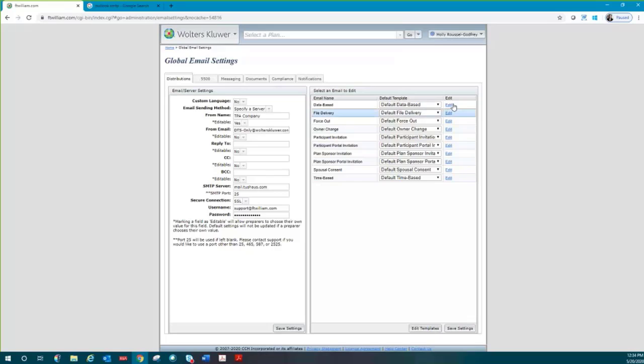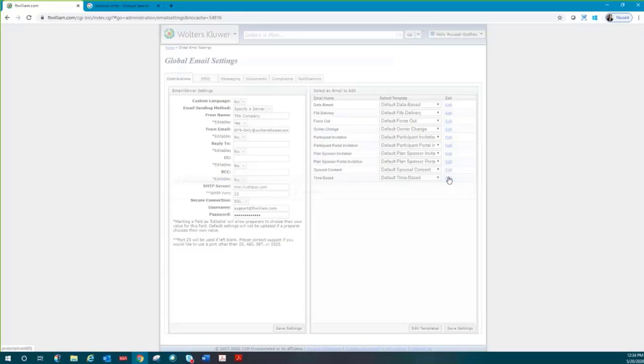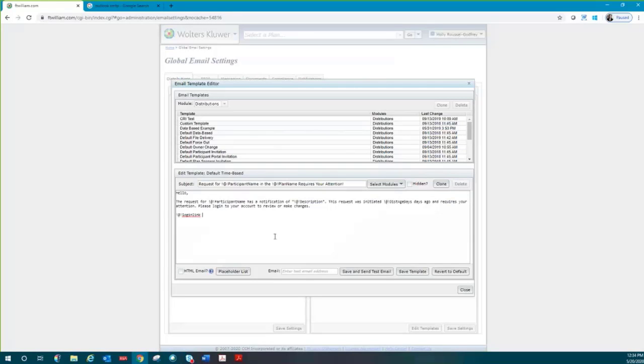Otherwise, if you go in and you edit, so let's do this time-based notification. We use this one when we're programming the notifications. I'm going to click on edit. And in this message, we are telling a participant, a TPA, a plan sponsor, whoever you want it to go to, that something is due. Something's been out there for a number of days and it's due. We have a placeholder for the participant's name, the plan it's with,